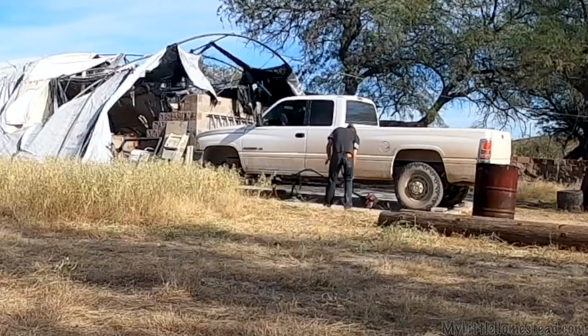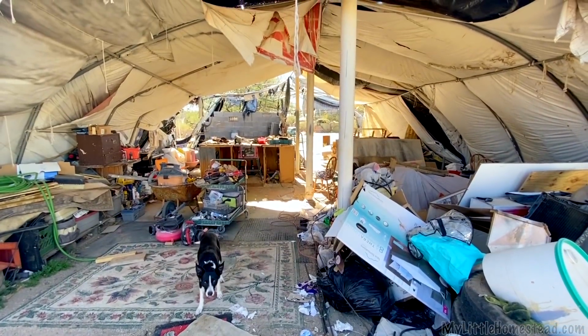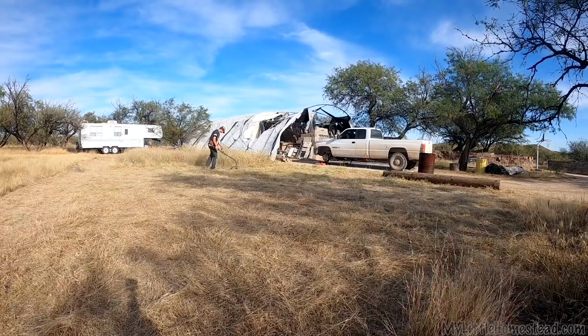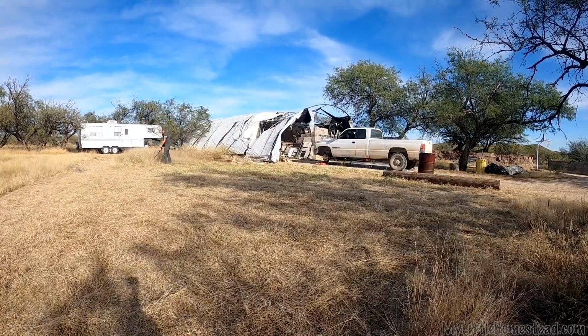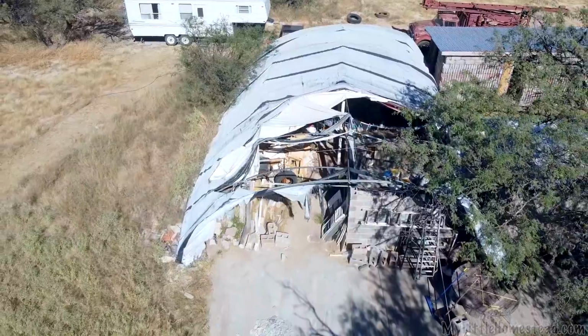You're just so happy to have a cover to put your stuff under. But when you don't have a floor other than just that dirt floor, it's just so messy in there. And yeah, we probably could have a little better organization. It's just not a very clean environment. It's been really a source of our frustration when we want to be building things, and it's just so open